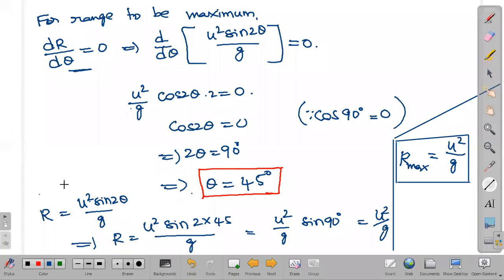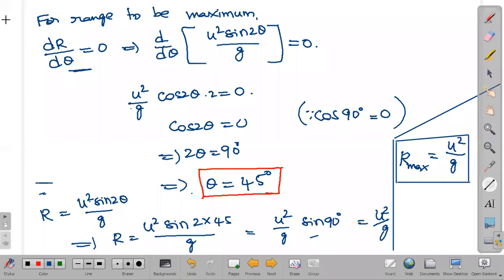That is in short. So in detail, mathematically, if you want to prove, we can prove it in this way also. Okay, so if you don't remember all this, you can directly go with, for θ equal to 45 degrees, range will be maximum. Only this part you can go with, if you feel difficult with the differentiation and all. So that is about the horizontal range concept in detail.